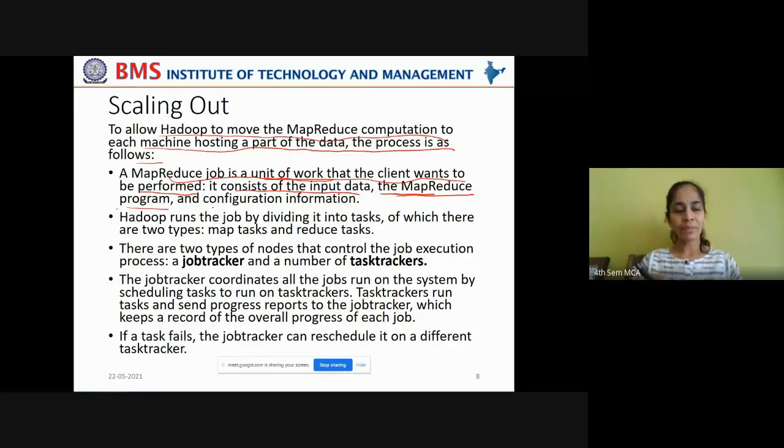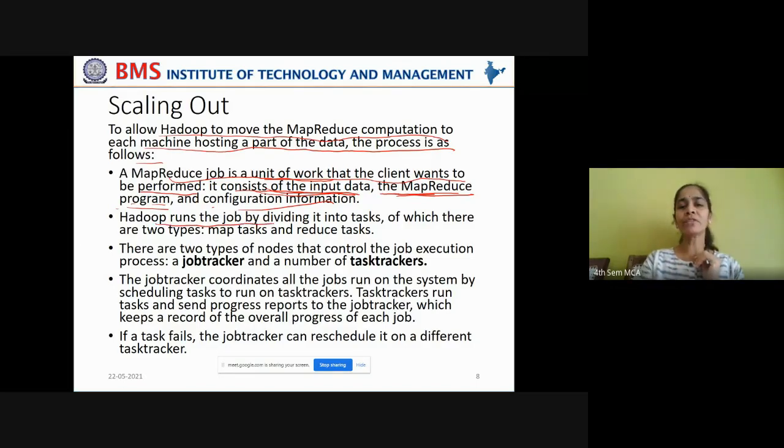They will not start simultaneously. The map reduce job consists of input data, the map reduce program, and the configuration information. It has to know the client or server configuration of the machine on which it is running. That is very important, in order to resolve some compatibility issues.